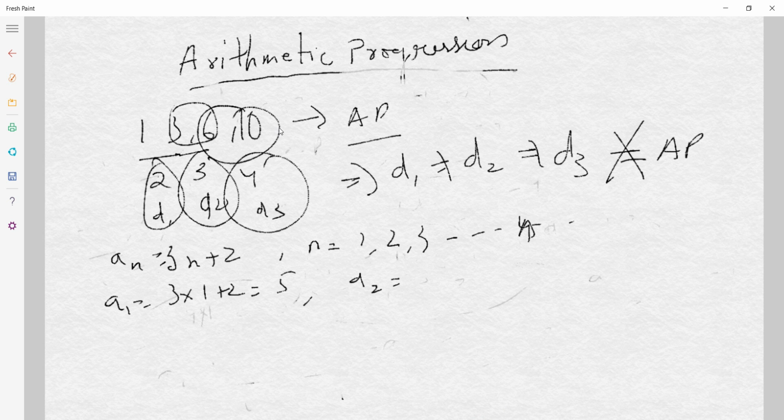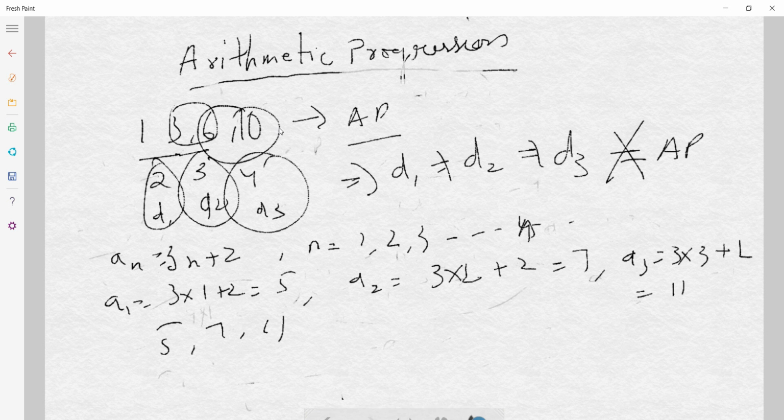A2, that's equal to 3 times 2 plus 2. That means 6 plus 2, 7, right? Okay, A3, that's 3 times 3 plus 2, that's 9 plus 2, that's equal to 11, right? So we got 5, 7, 11, and so